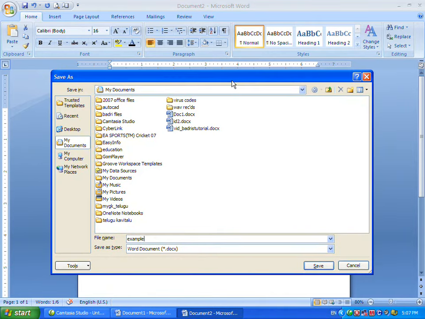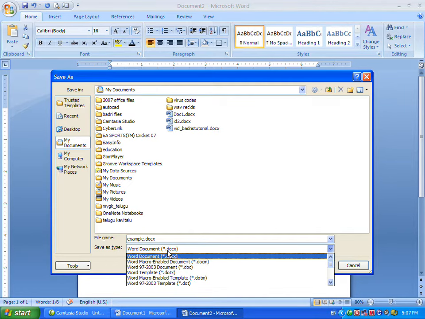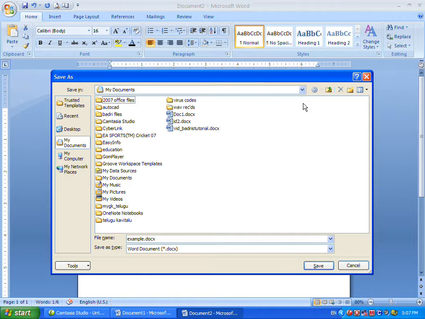In 2003, the extension for Word is DOC, that is, document. But in 2007, the extension of Word is DOCX. The X is separately added. So here, after typing the name of the file, we have to specify the drive or the location where